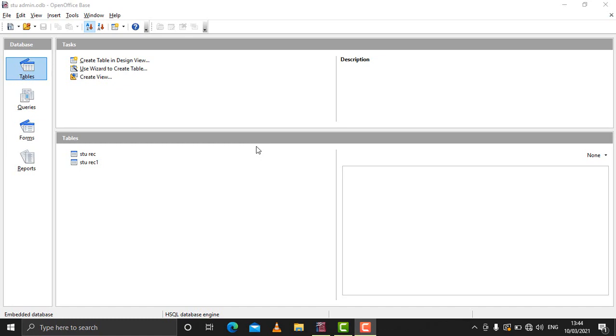We are there on third unit, that is database management system, and now we are there on eighth session, that is report wizard. We will now discuss about the report which can be created using OpenOffice Base. So the very first thing is, what basically is a report.